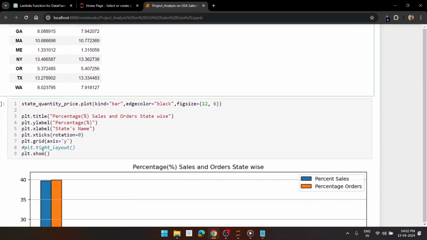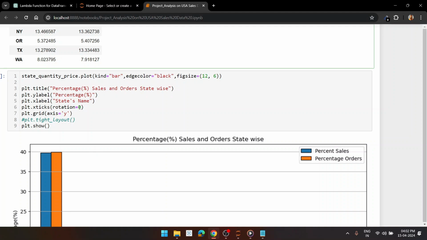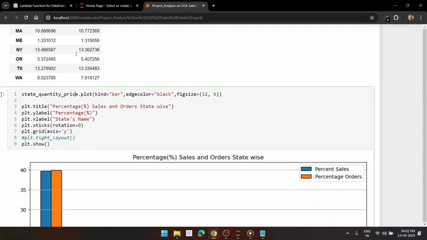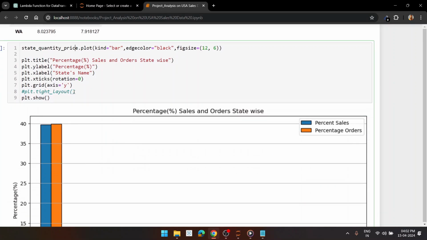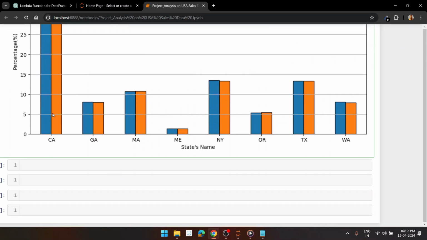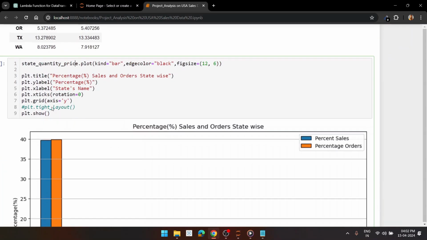So I plotted the graph here, you can check this. This is the state data frame, and then I plot with kind equal to bar and edge color black, so you can check here. So in California state, they are ordering more product, more percentage of product and quantity as well. You can check here,